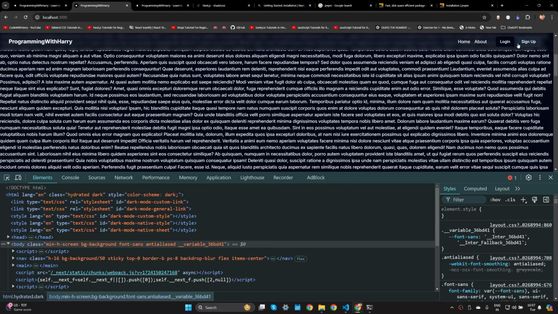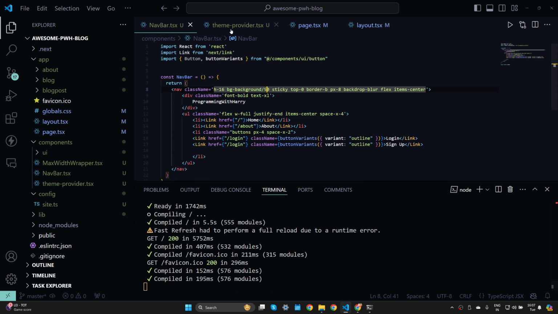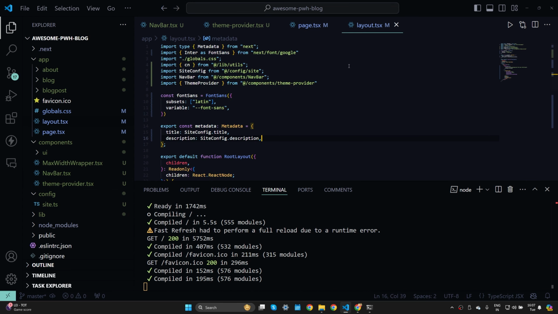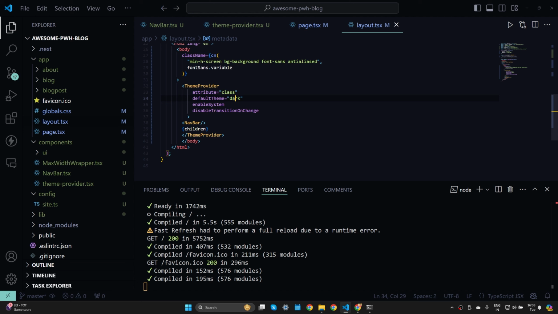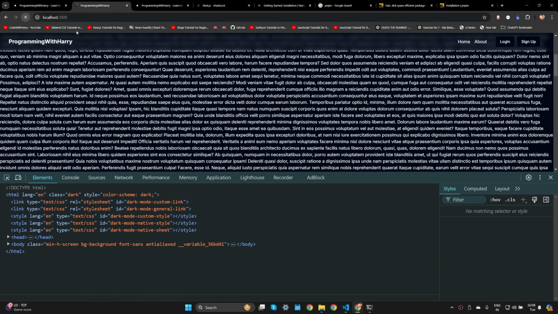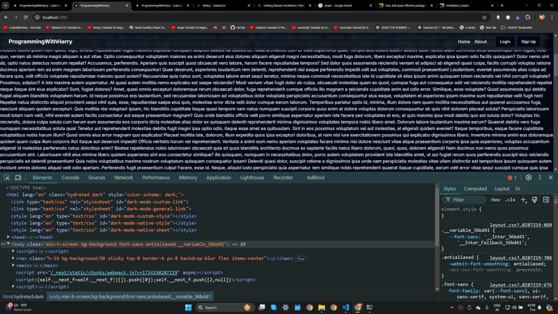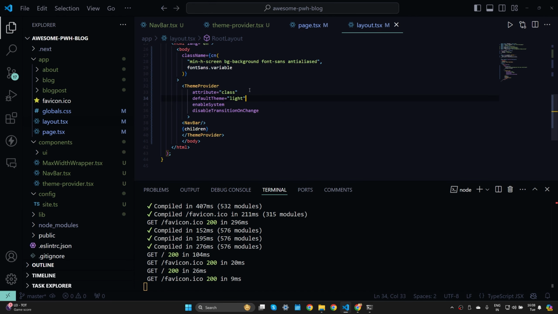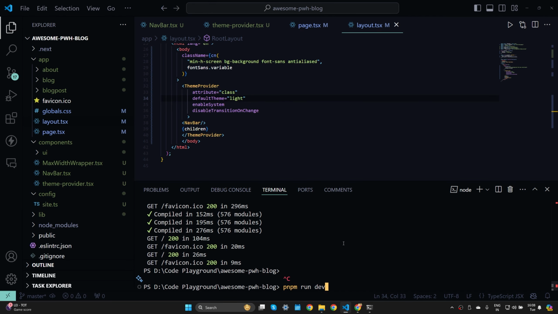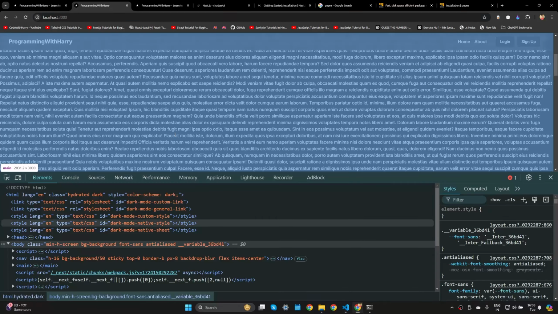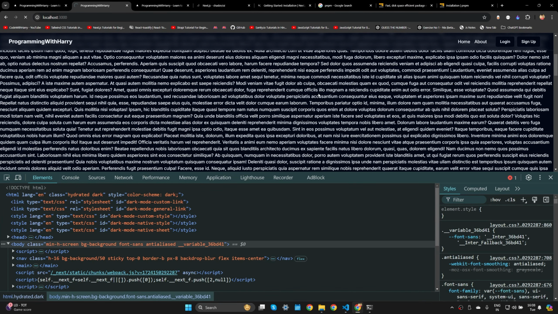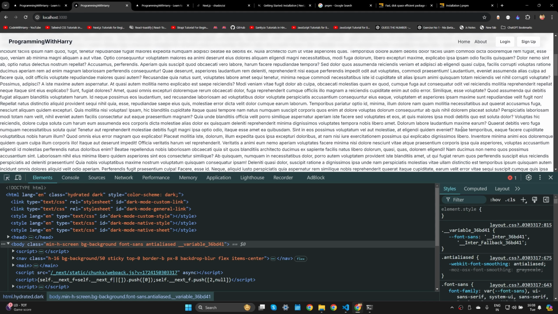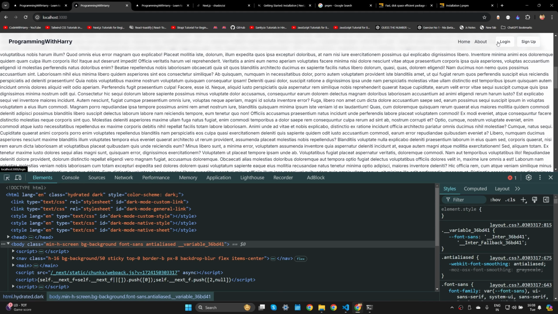Now I want the ability to change this theme to light or dark. At this moment, I can do this manually by going to layout.tsx. I can do this manually by changing this default theme to light. Now if I change this to light and if I refresh, it should have changed to light, but I'm not sure why it is not light. Control Shift R doesn't work. Default theme light. Let's restart. Maybe restarting will work. Restarting and reloading the page makes it light,